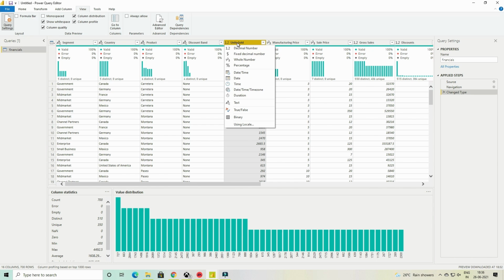For example, let's look at this unit sold. Now it is set to decimal type. You can imagine that you can't sell something in fractions. So the number of units sold should always be a whole number. Of course, if you are dealing with something where you know it is possible, please go ahead and keep it. But a lot of the time, in fact most of the time, it will be a whole number.